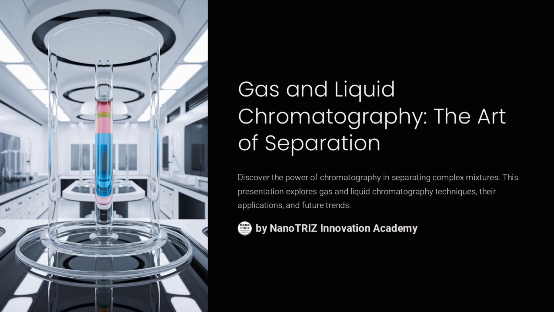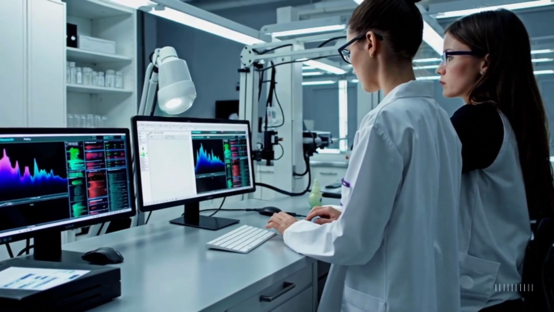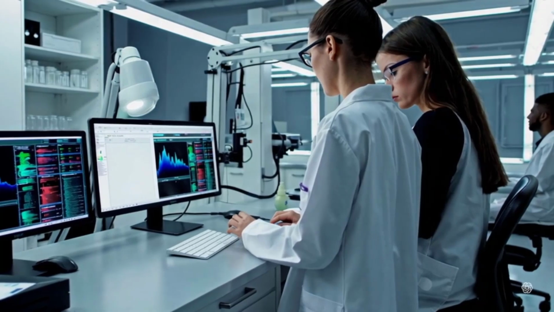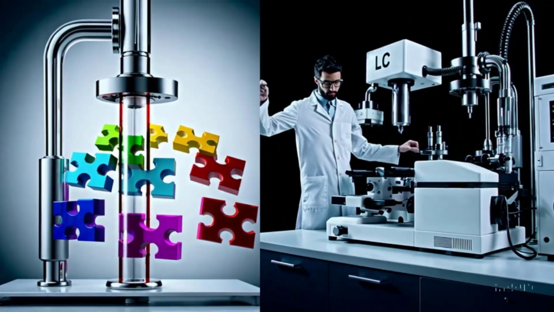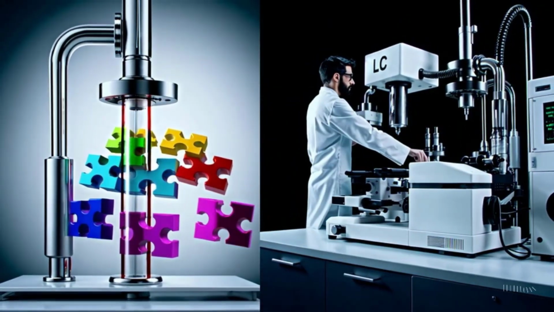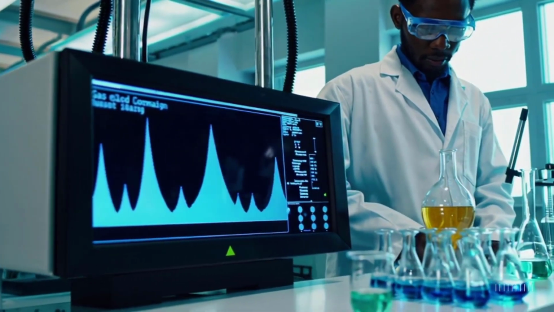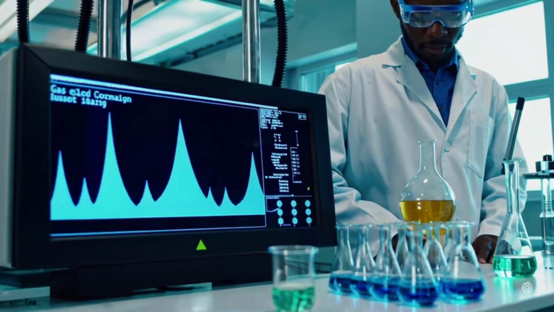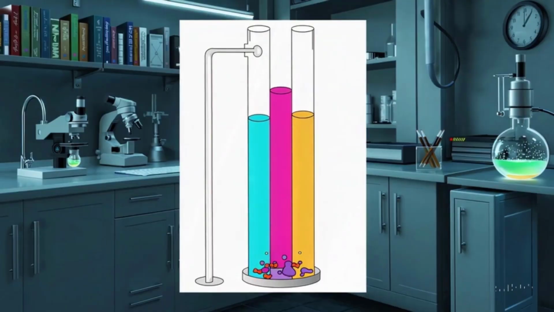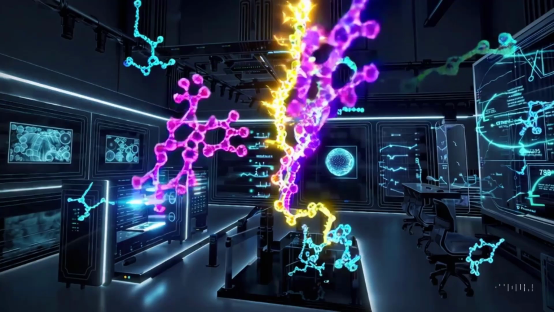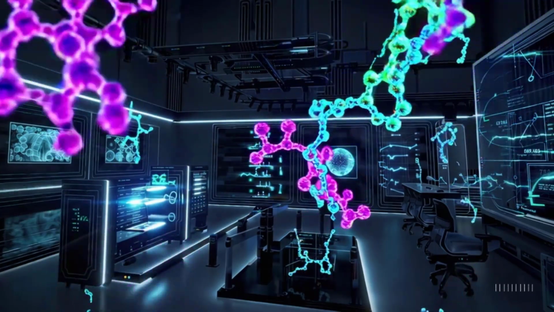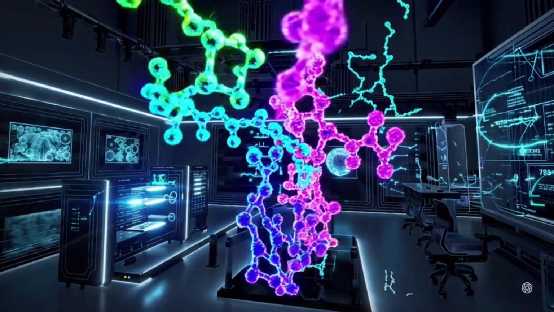Gas and liquid chromatography are versatile analytical techniques designed to separate, identify, and quantify components in a mixture. Chromatography relies on the interaction of analytes, the compounds being analyzed, with a stationary phase and a mobile phase. In gas chromatography, GC, the mobile phase is a carrier gas that transports vaporized analytes through a stationary phase within